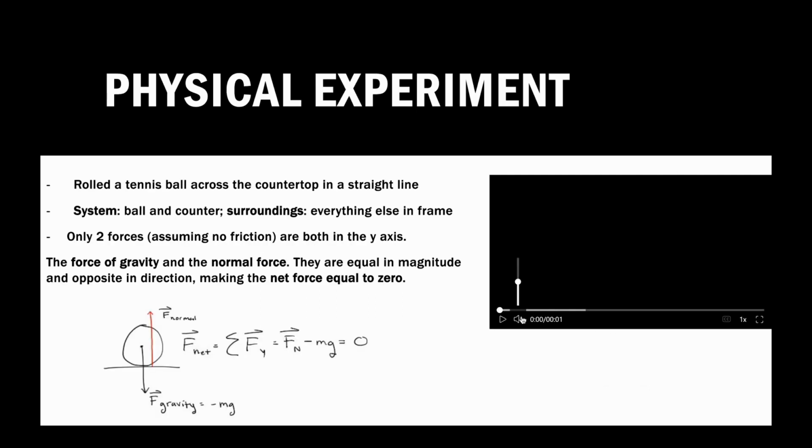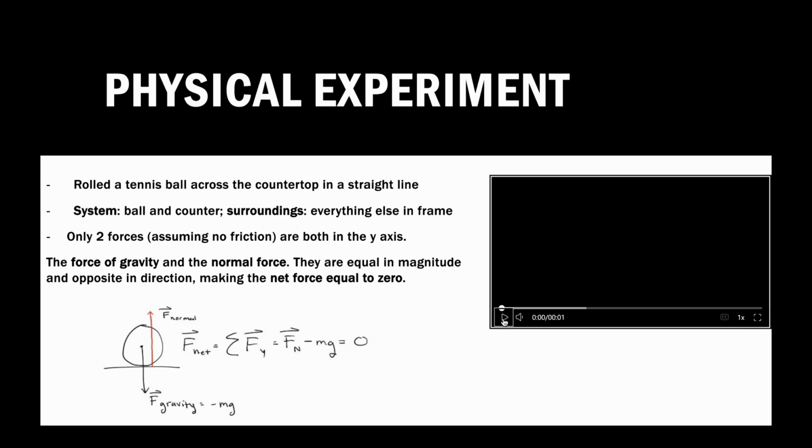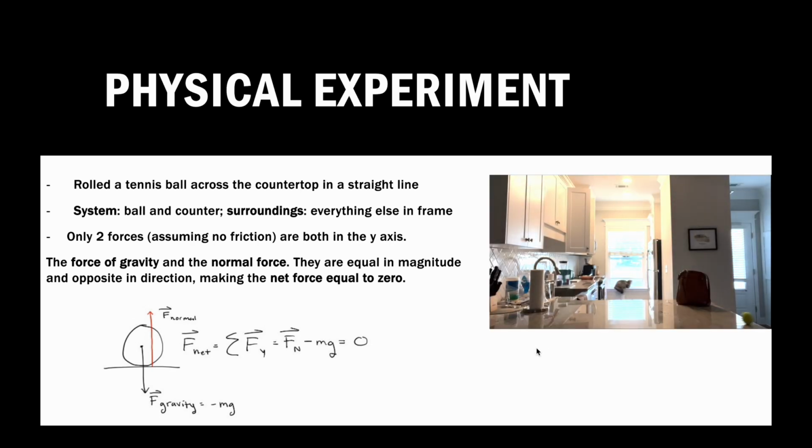So in this physical experiment, I rolled a tennis ball across my kitchen countertop in a straight line, as shown in this video. I chose to roll the ball across my countertop due to its smooth surface and therefore a small amount of friction. The system of this experiment was the ball and the counter,